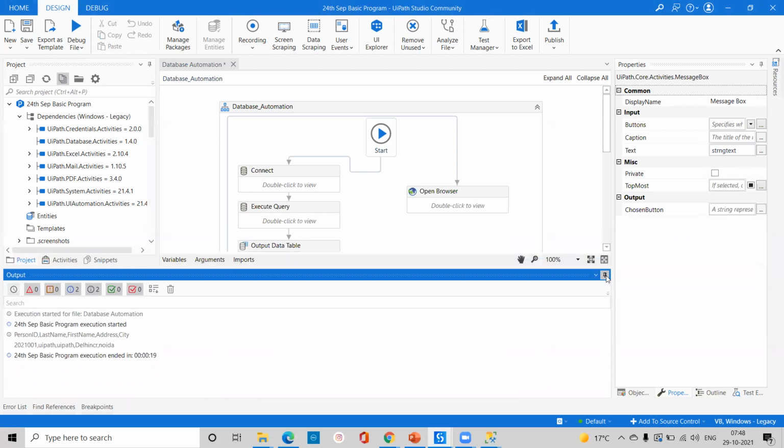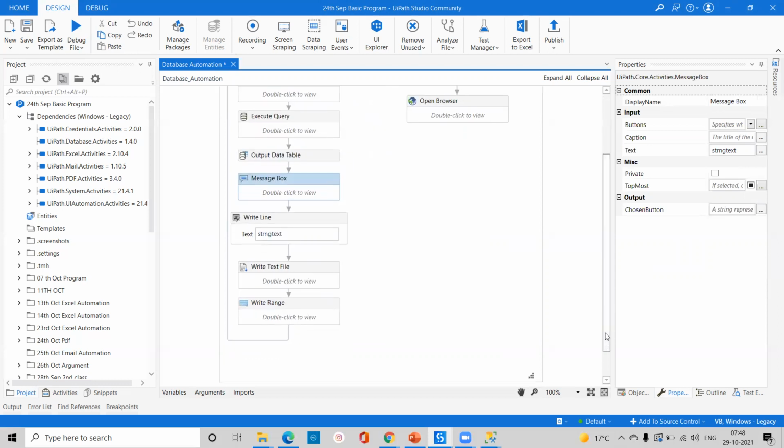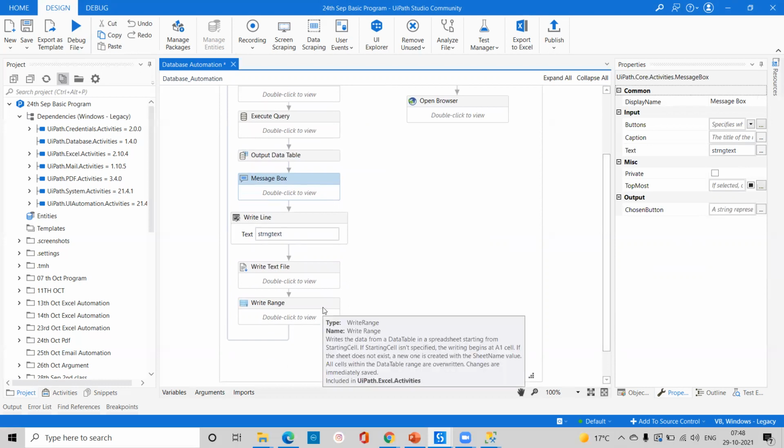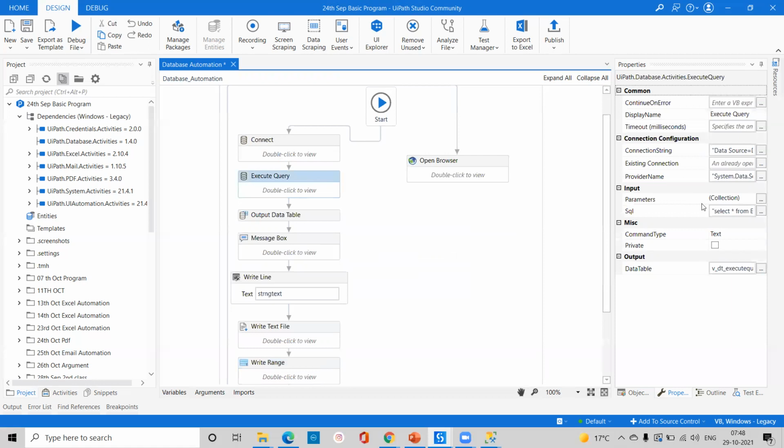this write range. Okay, so why have I used write range? Try to understand, write range is especially for workbooks. So if your Excel sheet is closed, then it will work fine, it will not throw you any error. So here I've used write range because my Excel sheet is closed. I have given the name as input and database dot select. So for the database Excel, it will create a new sheet called employee, and as input I pass the output of your extract data, whatever we put here. So the same variable I have passed in there.